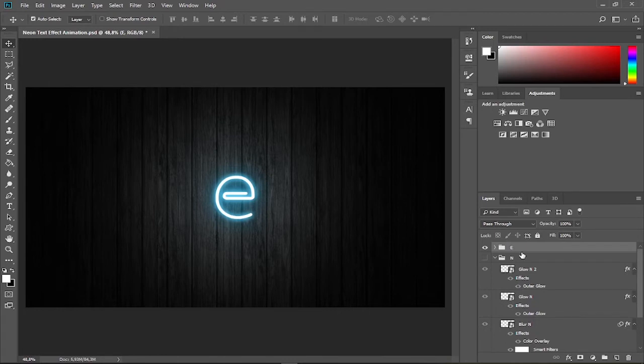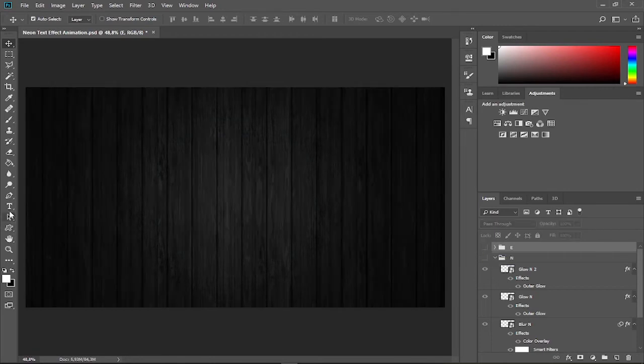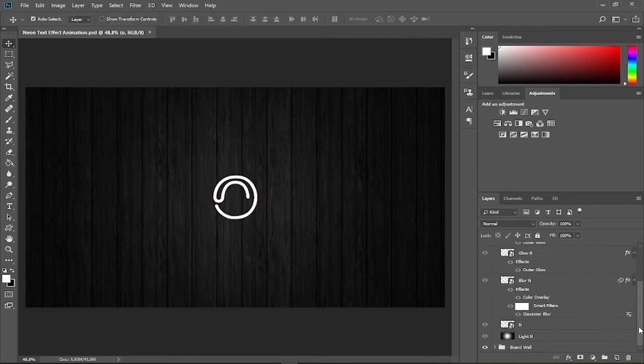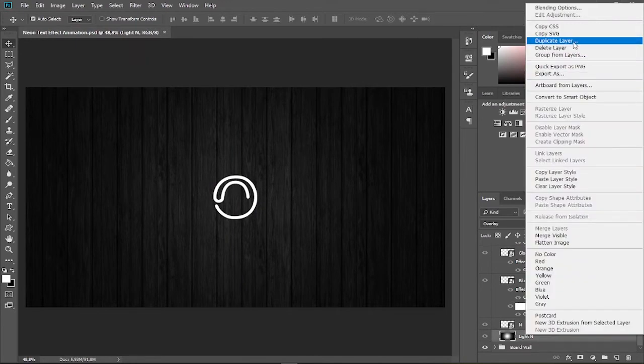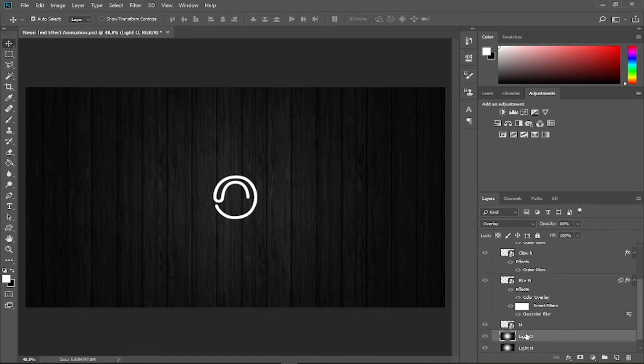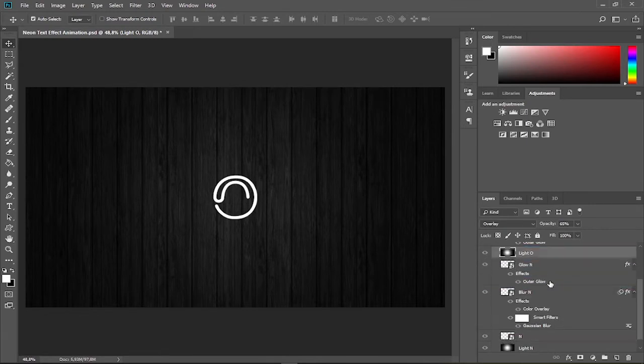Alright, now we are going to work on the third letter. By the way, this task is kind of repetitive, still the same steps to do until the last letter. So click the eye icon next to E group, activate the text tool, and type the third letter on the canvas. Move it right to the center, then duplicate the like N. Here I change its name to like O and press enter. Place the like O under the O text layer.